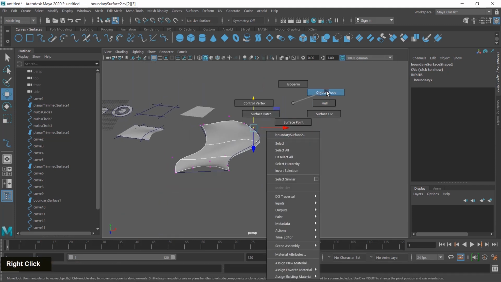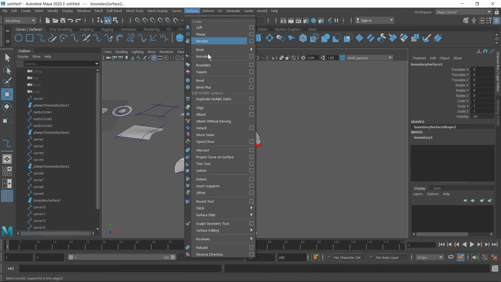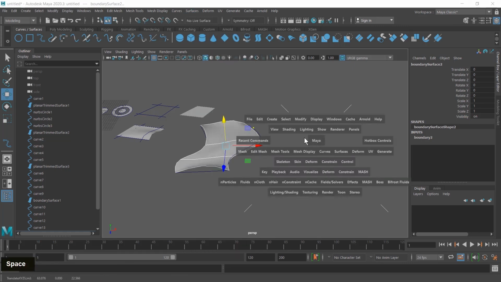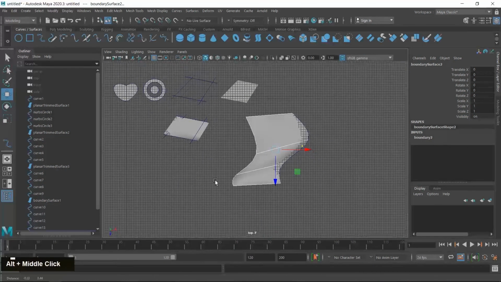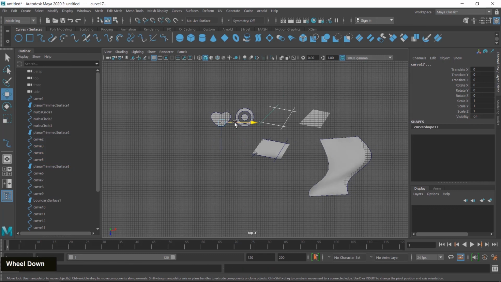We have another tool that can create surface based on the curve, and that is square tool. I show you, it's very similar to planar tool. I copy these intersecting lines by pressing Ctrl D and then select and move.